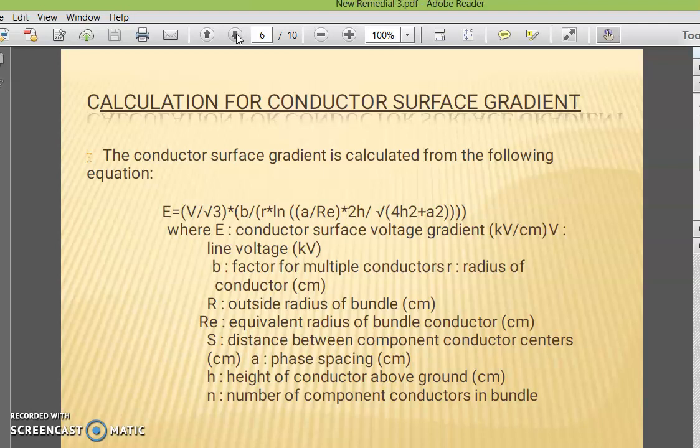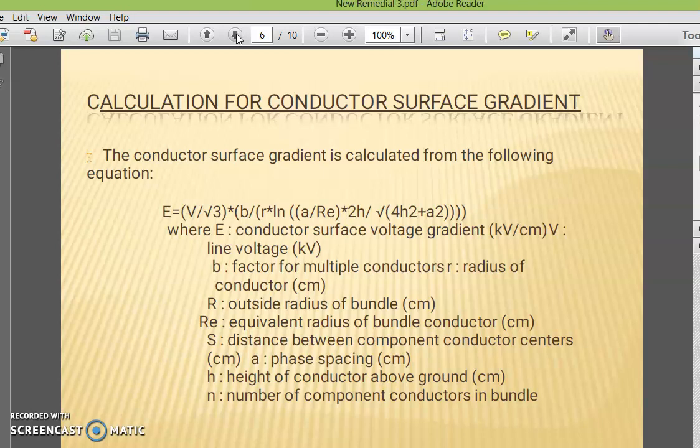At the core, voltage gradient arises from electrical potential of a material. Electrical potential is a property dependent on the distance between the two particles at hand. For example, potential V of a point charge is described as V equal to Q upon 4 pi epsilon 0 upon R, where epsilon 0 is the permittivity of the vacuum, Q is the charge and R is the distance. And this formula for voltage surface gradient on conductor is calculated by E equal to V by root 3 V log Rn, R, 2H.